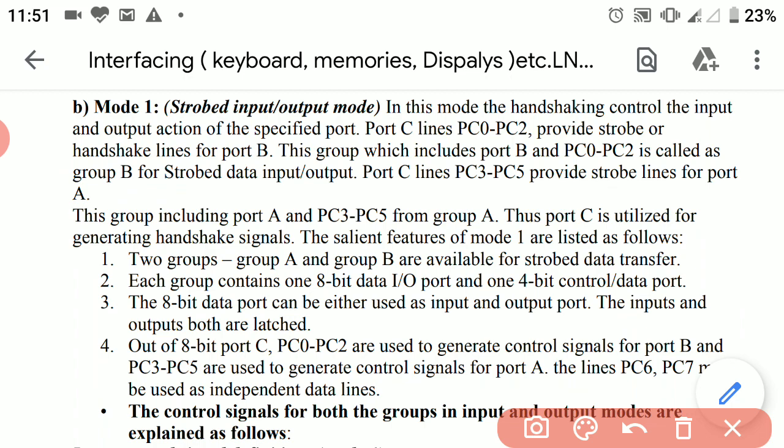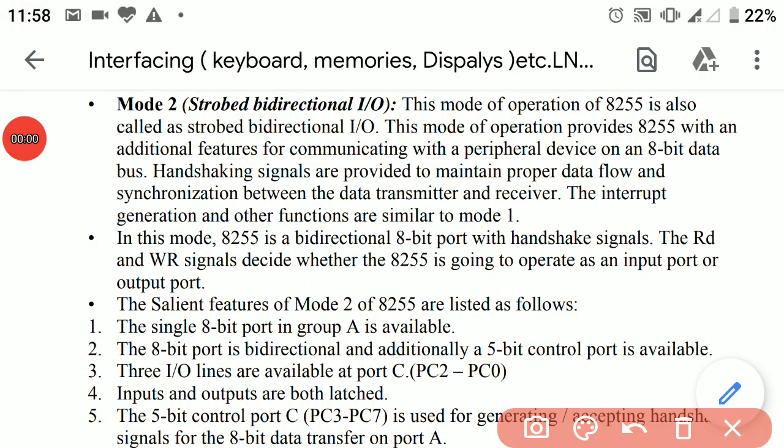This is all about the mode 1. Now we are left with mode 2 of input output mode. It is also known as Strobed Bi-Directional input output mode. In this mode, additional features are inserted as compared to mode 1. These additional features are